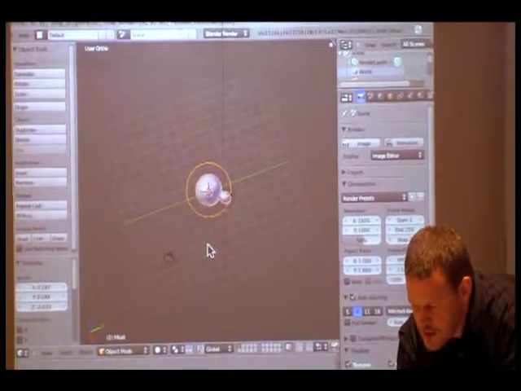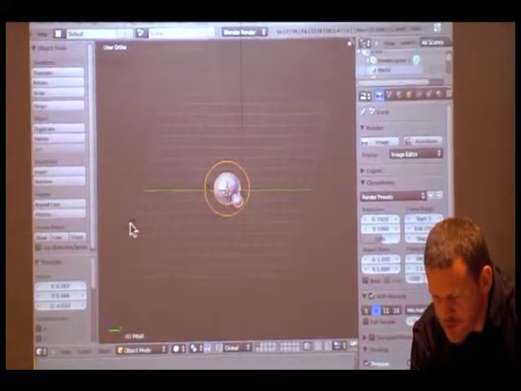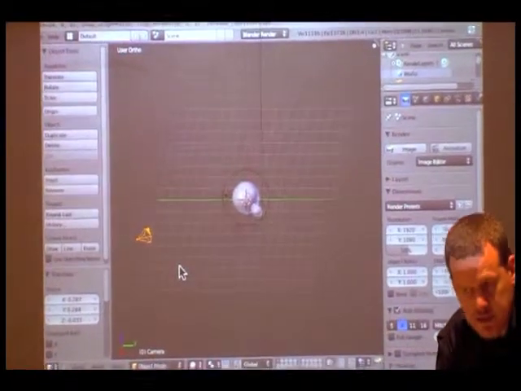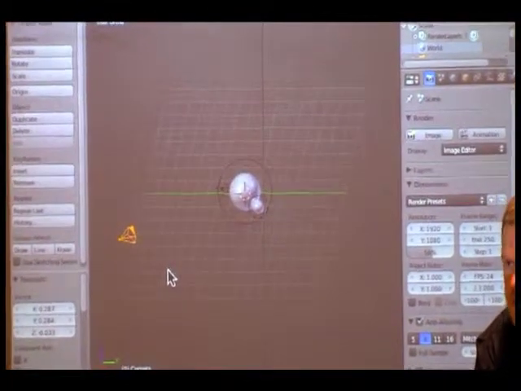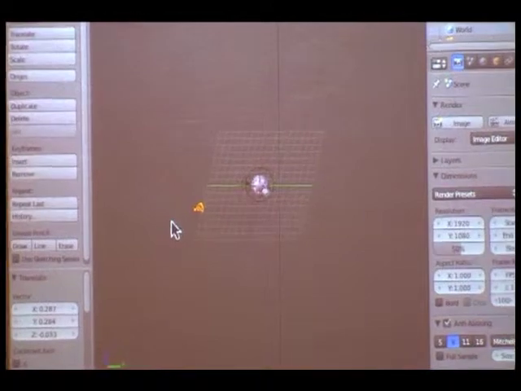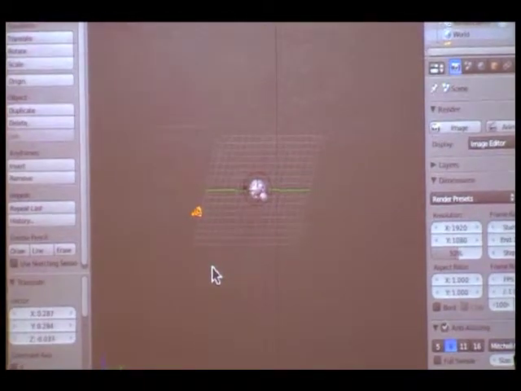Or alternatively, you can come out of the camera and just look around your scene and move objects. One thing you can do is change the size of the camera. Now that doesn't really mean anything, right? The camera doesn't really have any size. It doesn't have any pertinence, but